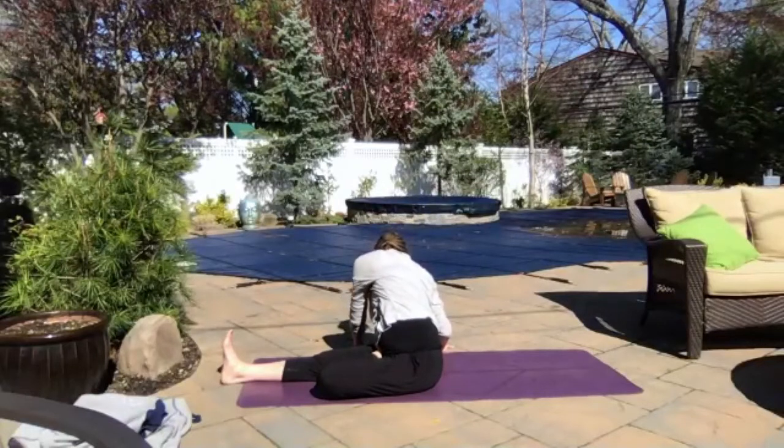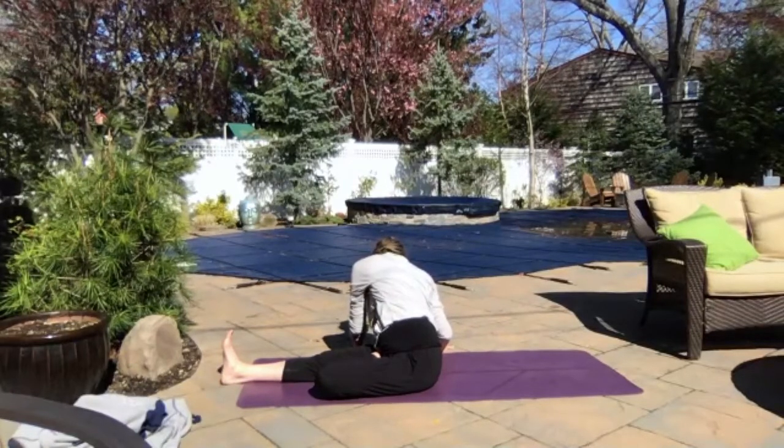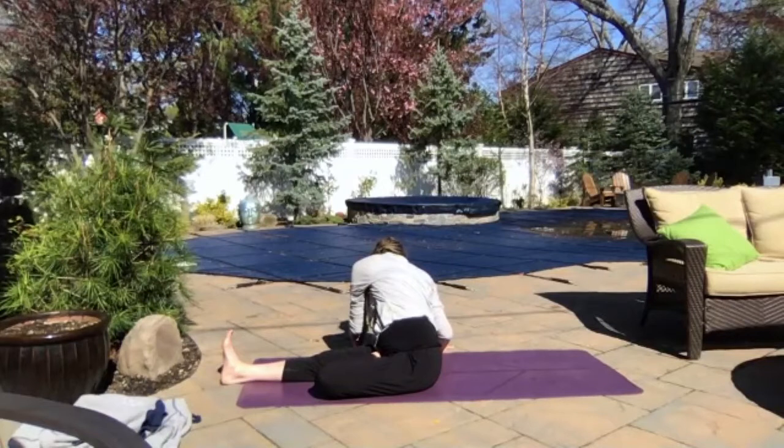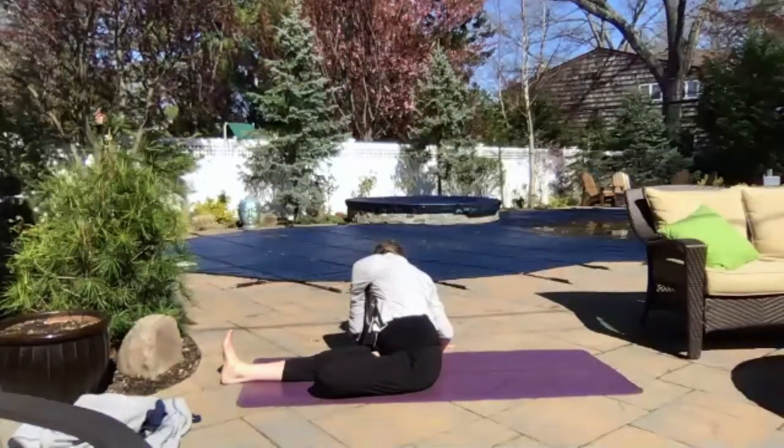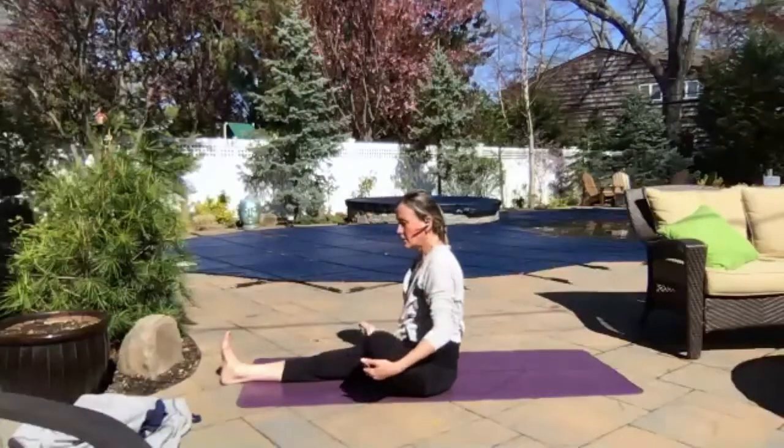I'm trying to keep the sit bones somewhat grounded, pressing into the heel of the palm, spreading the fingers wide. Imagining that I can try to square my shoulders off with the earth. So I feel that gentle twist through the left side body. Good. Whenever you're ready to release, press into the hands, bring yourself forward, and extend the left leg down the